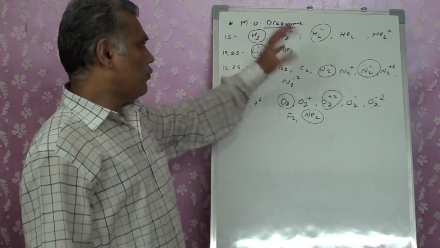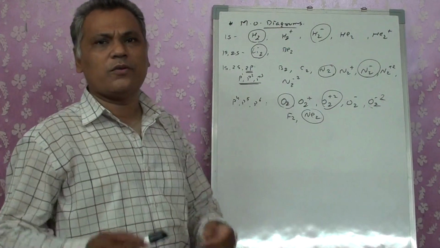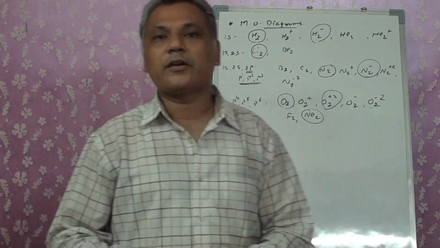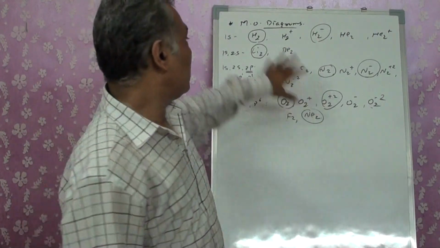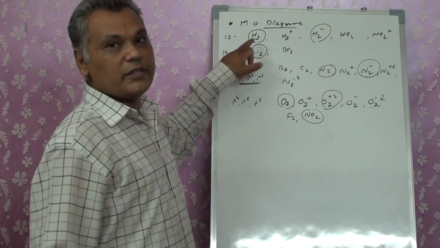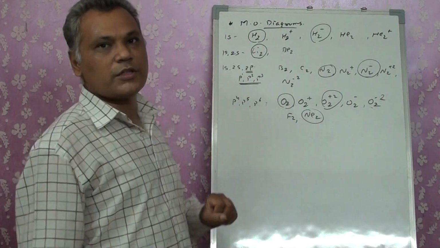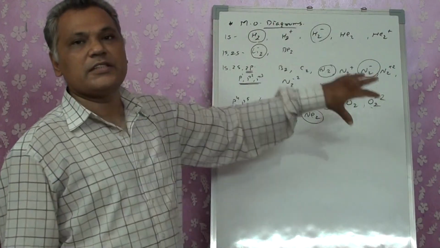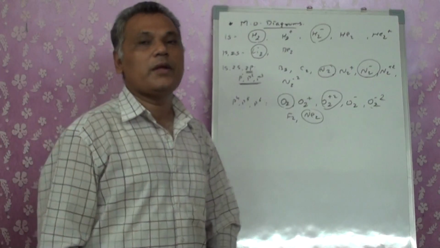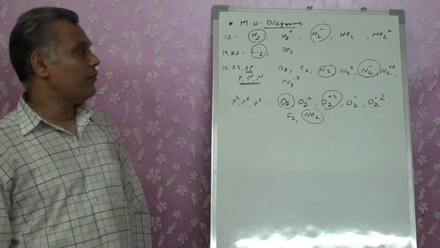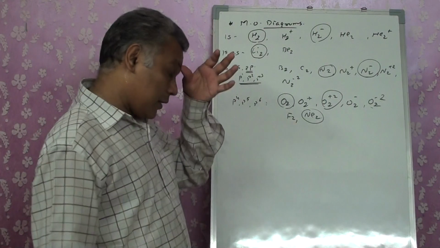For the rest of them, the same thing is to be done, only the plus or minus of the electrons will differ. The energy sequence of the orbitals is going to remain the same. The generalized diagram we have already drawn. Whatever changes there are in these two, we will see and try to understand them so that we can do it very easily.